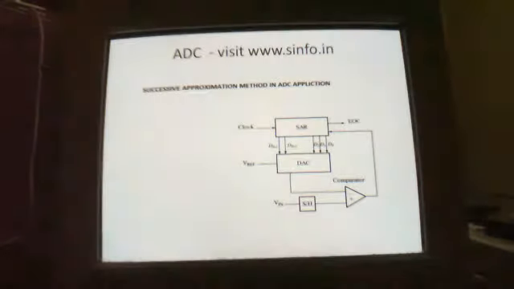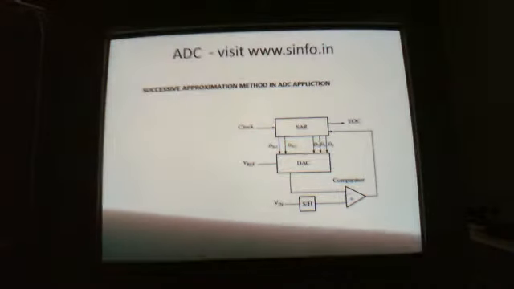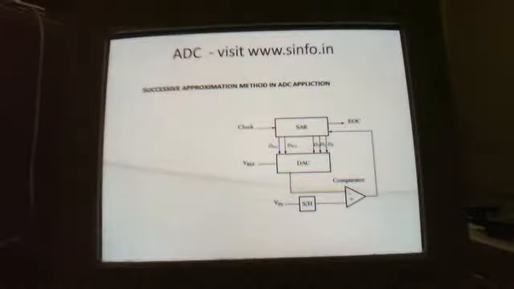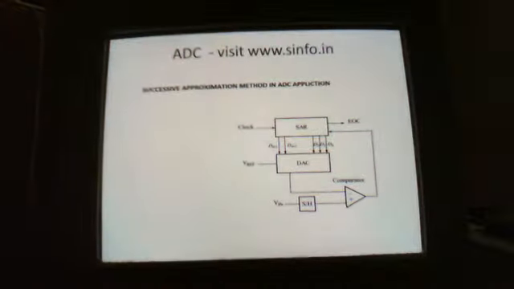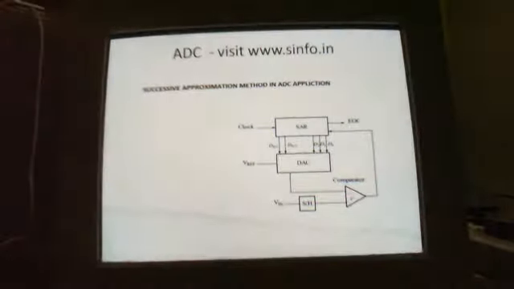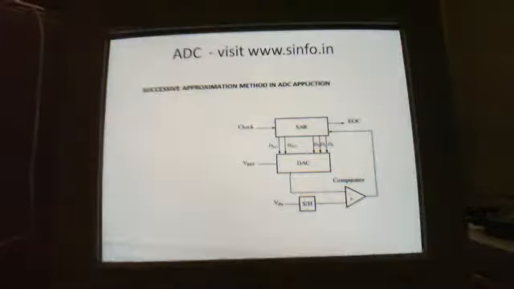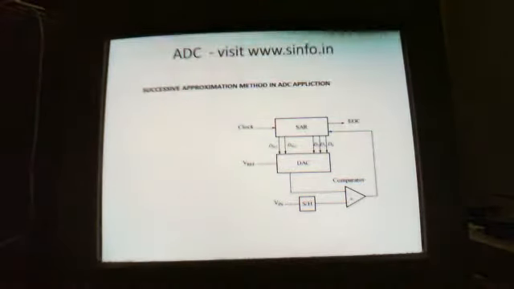As shown in this picture in the PPT slide, in the successive approximation method there is a register called SAR. For that register you need to give a clock signal as input. Once you give the clock signal and apply the start of conversion in the ADC, the SAR register will generate the binary data. If you say the ADC is 10 bit, the output of the SAR register is 10 bit. If the ADC is 8 bit, the SAR output is 8 bit. Once you give the clock signal, the SAR will initially generate the lowest digital value, in 8 bit 00. Then the 00 goes into the DAC as shown in the slide.